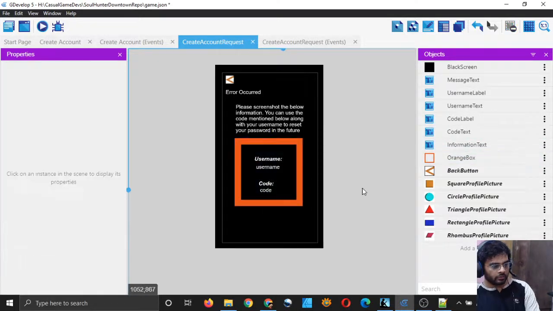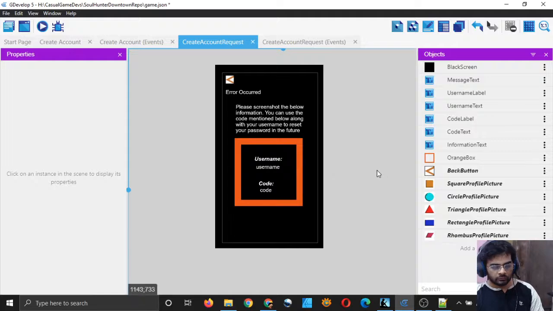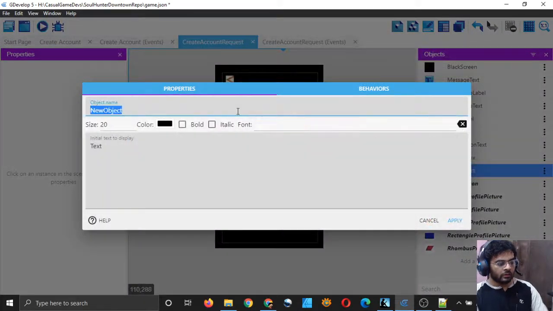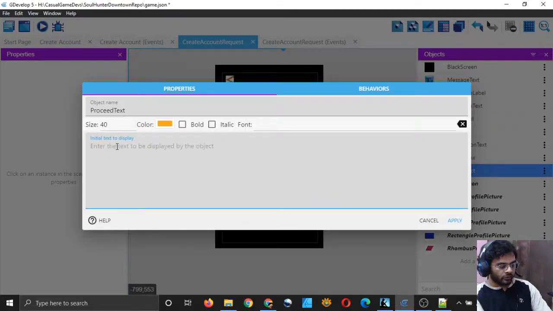So yeah, that's looking okay, and a button should say proceed, right? I will add simply a text object for that, and I will say proceed. Size should be 40, color should be orange, and it should be bold.